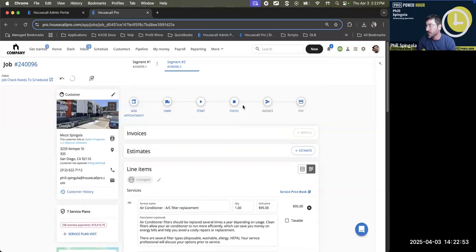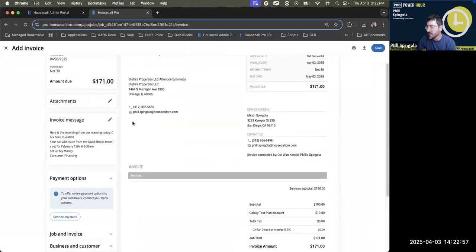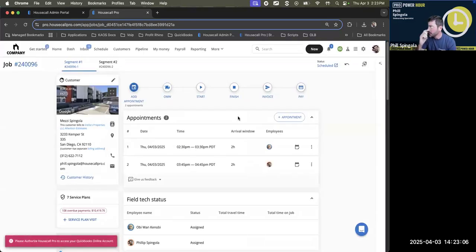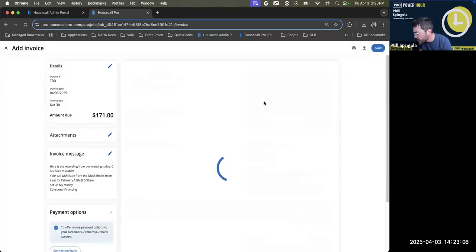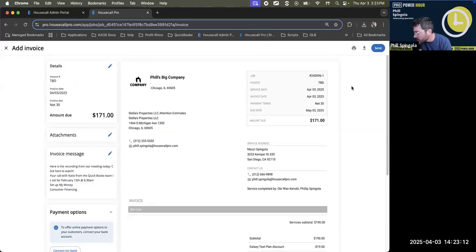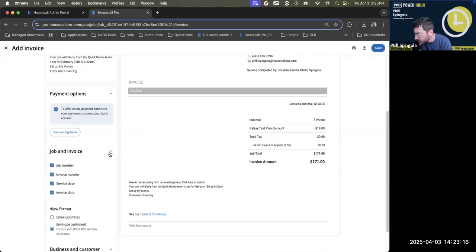Okay, so when we go to invoice this, you'll see that it's going to ask if we are doing just the one segment or if we're doing both. So here we have the first one. Wait, this might have changed actually.